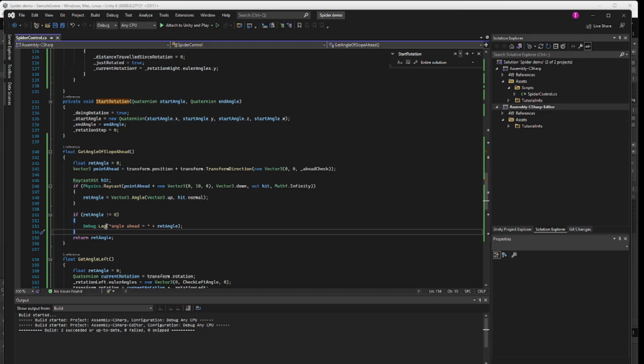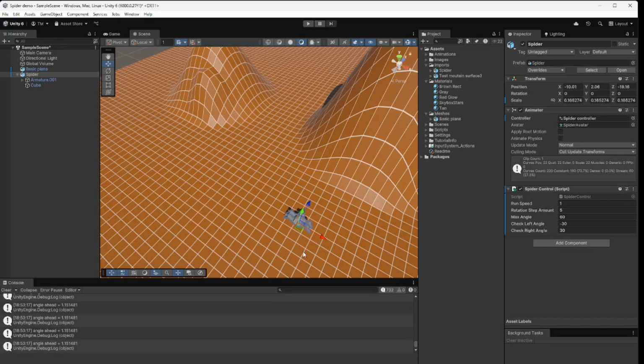I added this debug log that would just print the angle to the console window, if the angle doesn't equal 0. And so what we can do is, if we then go and run this, this is about where it was. I had it at 60. Let's clear the console window. And then if we run this,